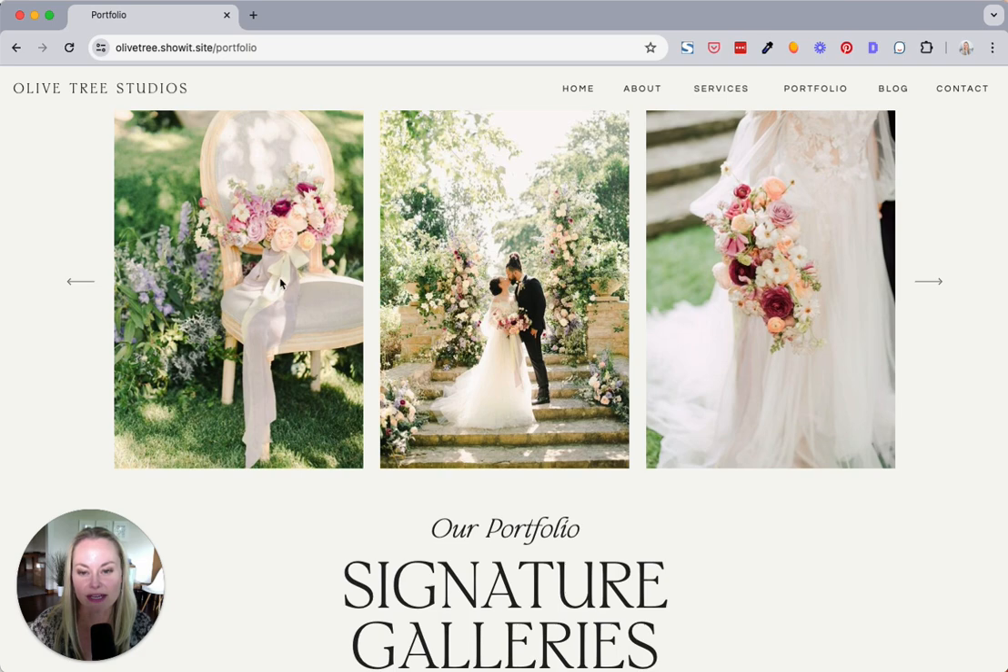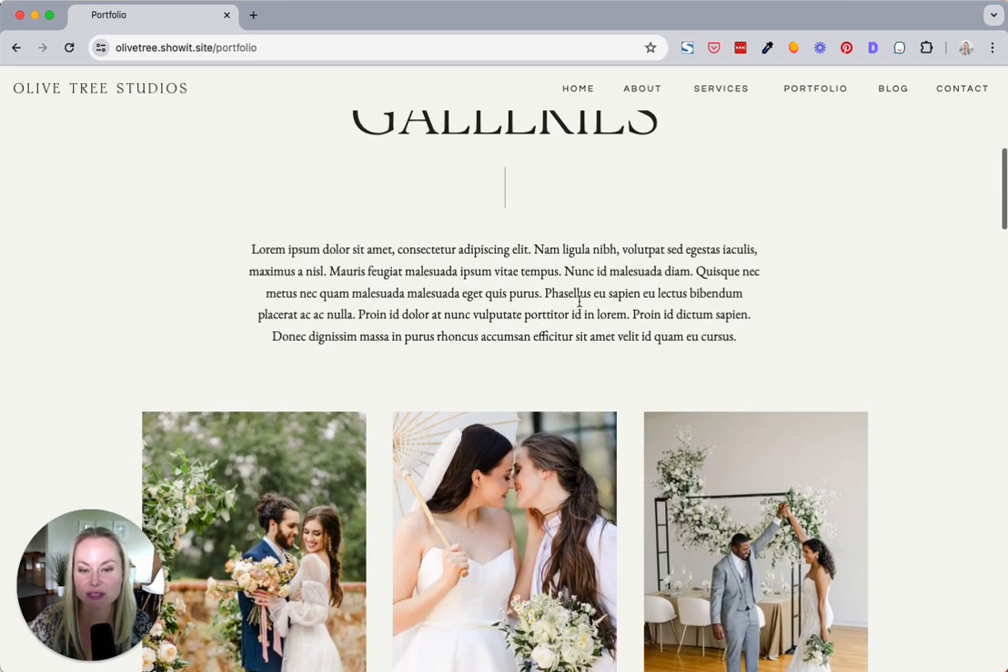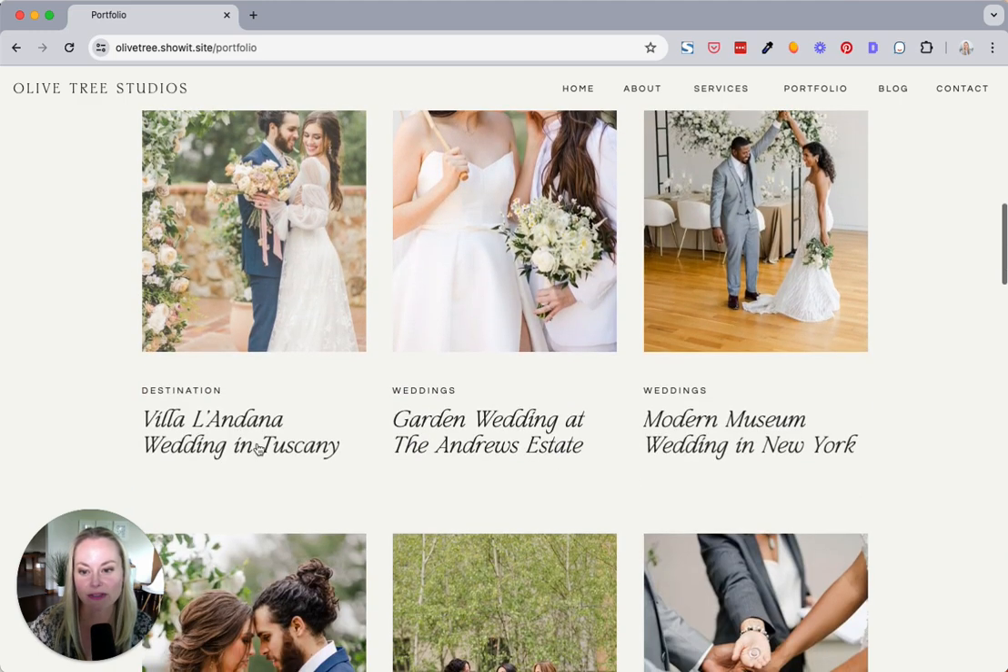And then when you click the arrow, all 3 images change, which is a little bit different and I think more impactful here than moving one image at a time. Next up, we do have individual galleries. If you want to have individual galleries for real events,